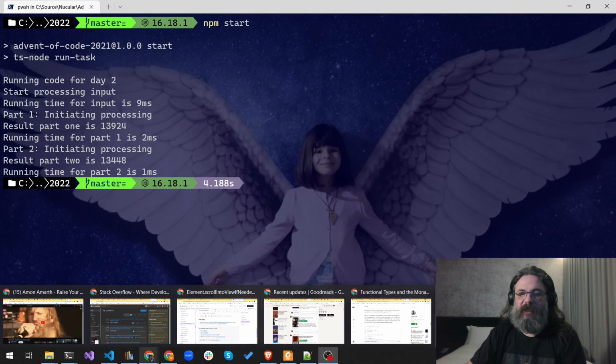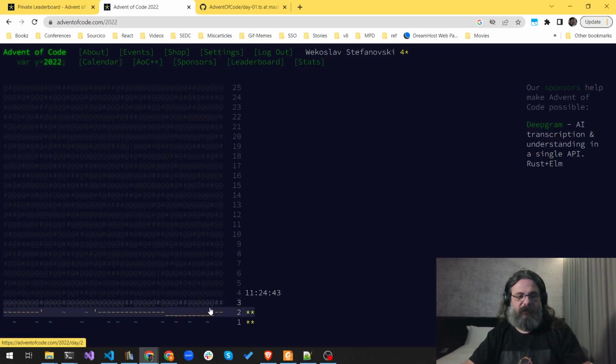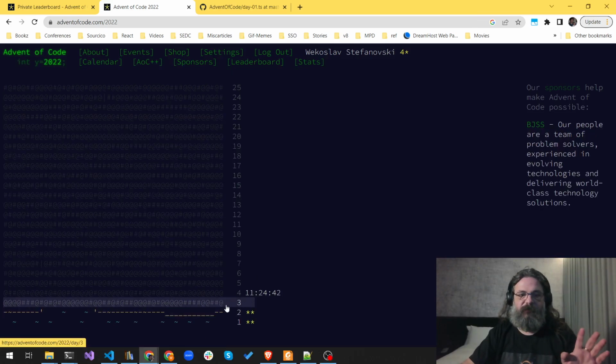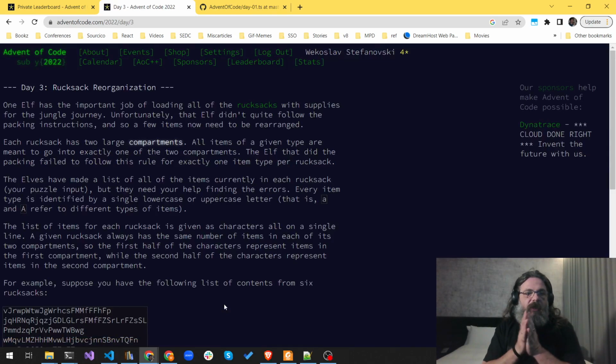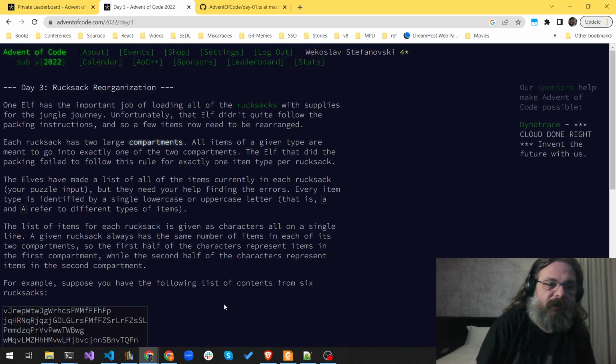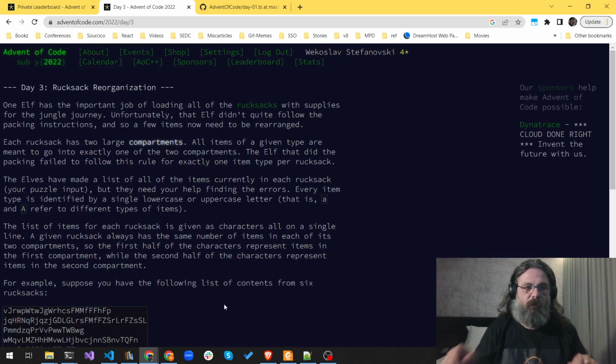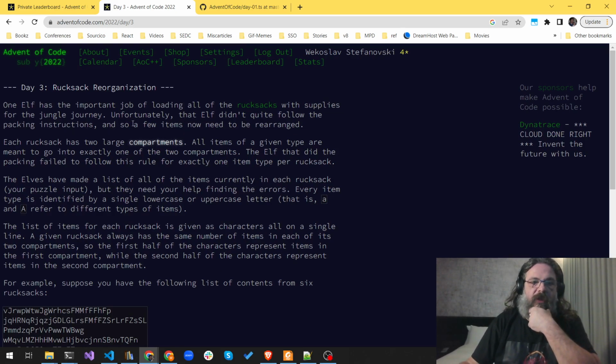But I will be taking my first look at the task number 3. So this is the first time I'm seeing it, just as I'm recording this video. So we have loading rucksacks. Yay! I've been spending a lot of time with rucksacks in the last few days, so I know all about them. With supplies for the jungle journey. Unfortunately,